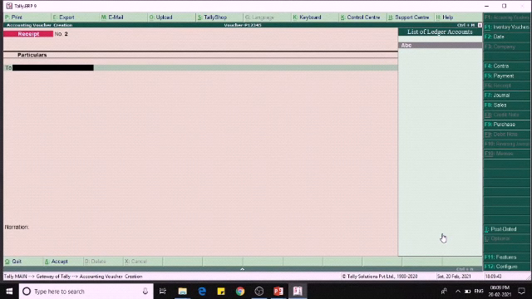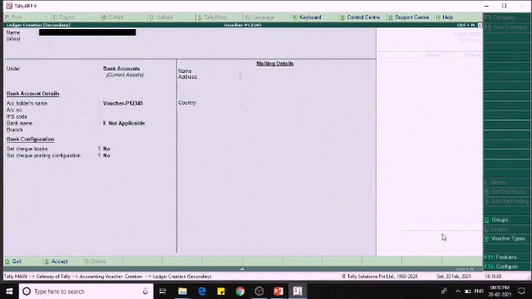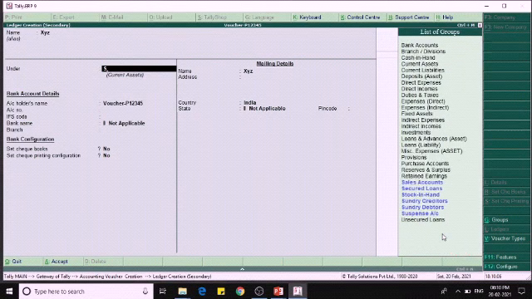So let us see in Tally. F5 is the shortcut key for payment voucher creation, and the entry pattern will be debit and then credit only. So for example, we just create X, Y, Z. They are the creditors for us.